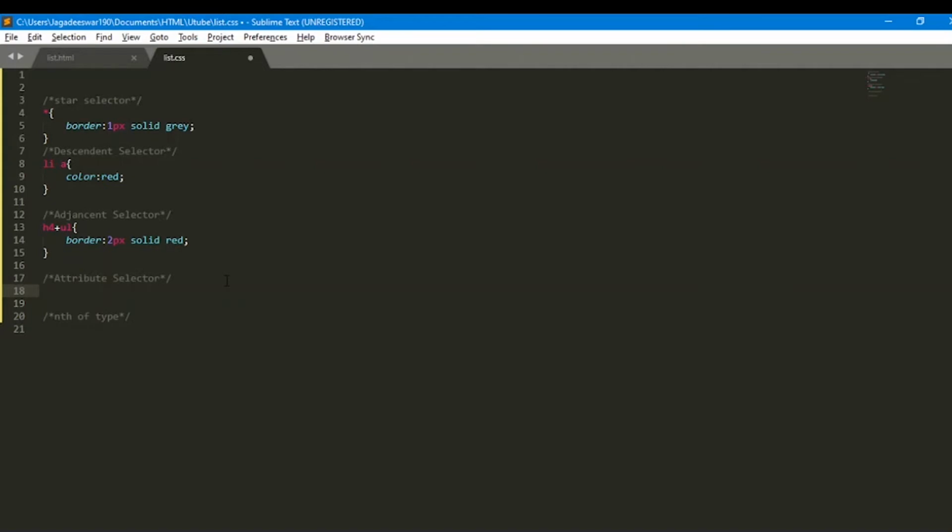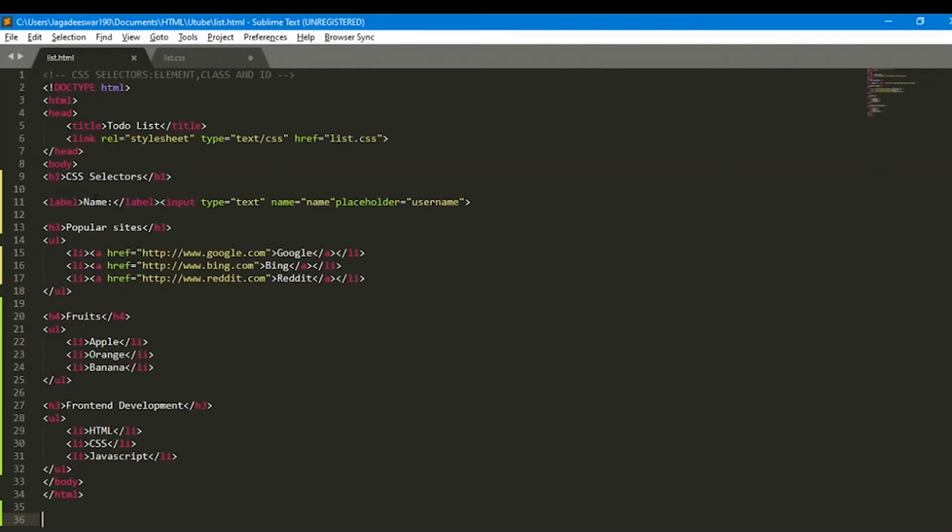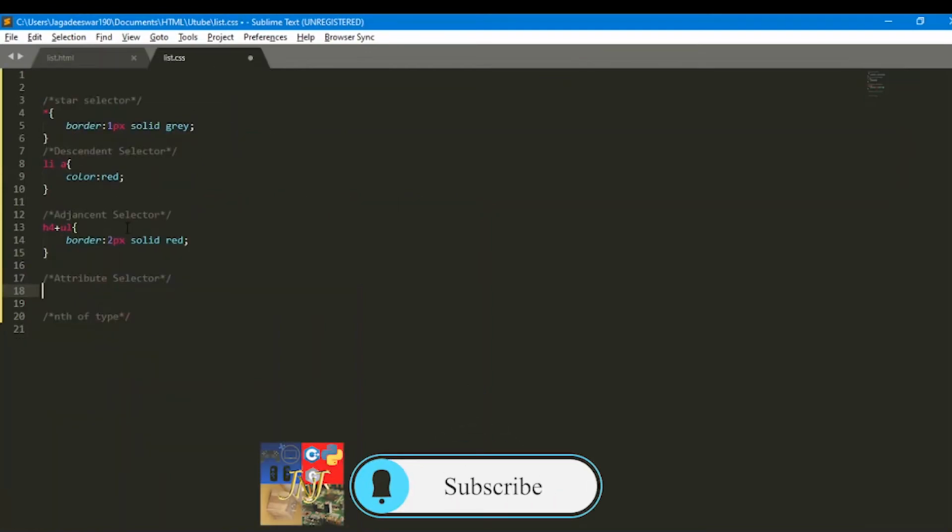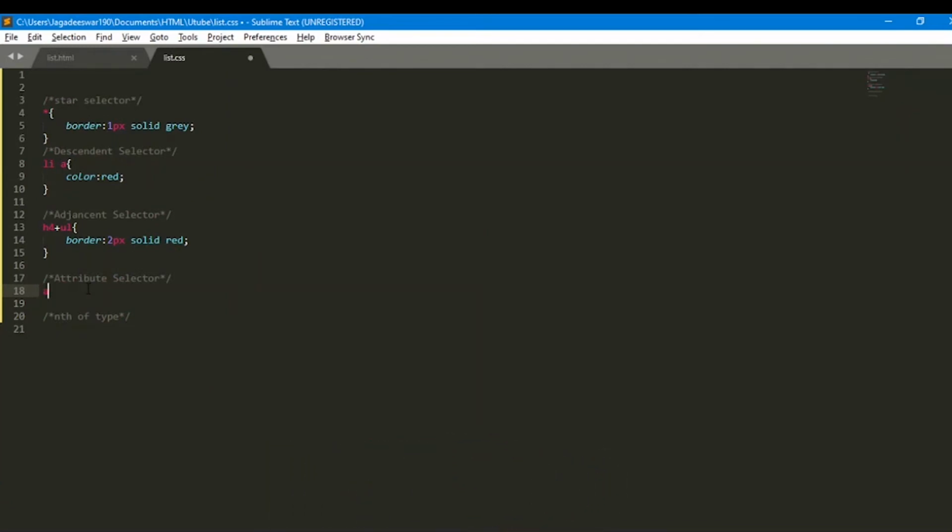So the syntax we type is the anchor tag, and square brackets. Inside that we type the attribute that we are looking for, and I will type href.